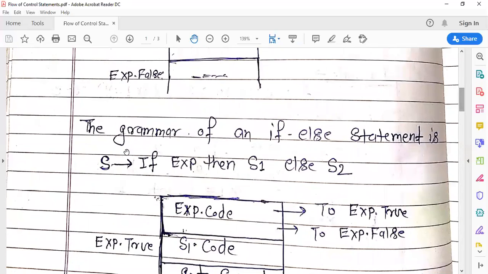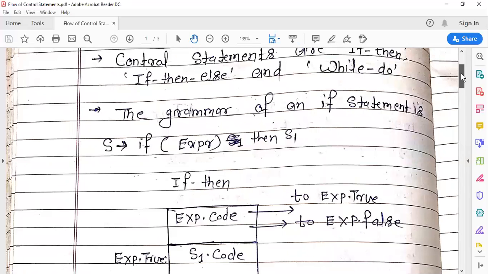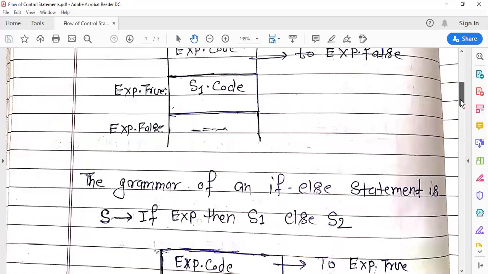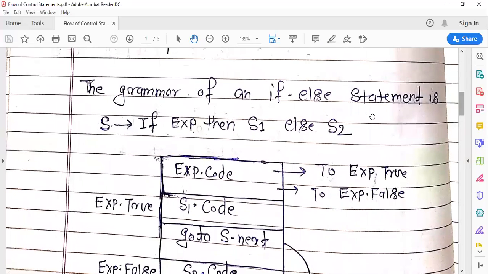This is the grammar for the if statement, and this is the grammar for the if else statement. The grammar for the if else statement is S derived if expression then S1 else S2.